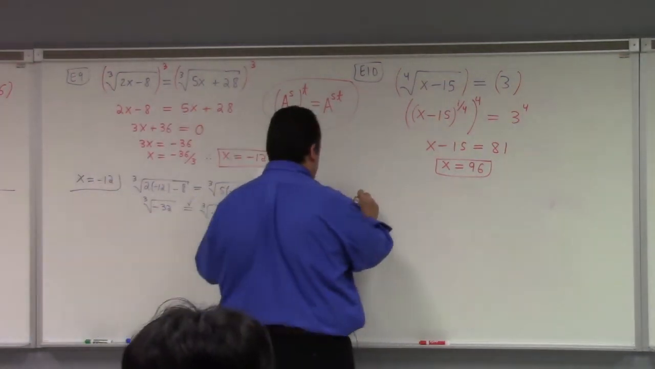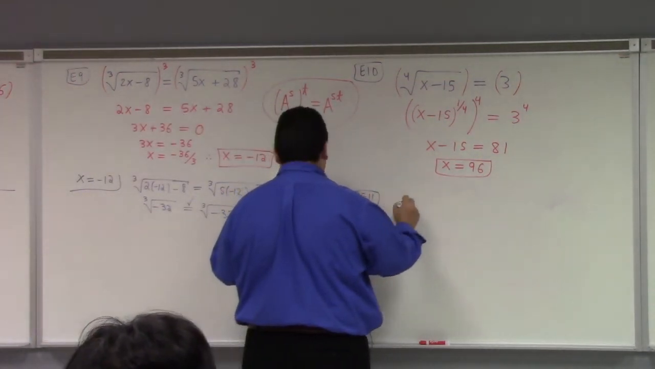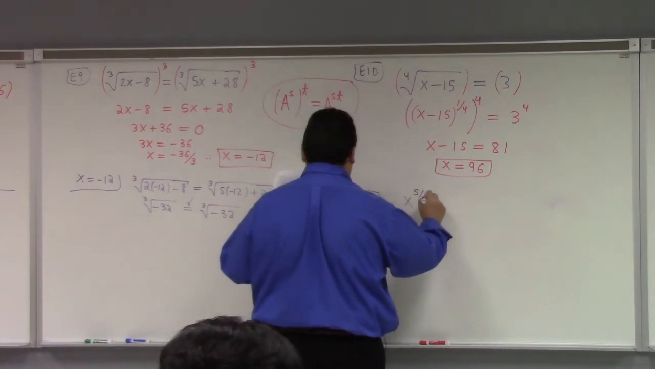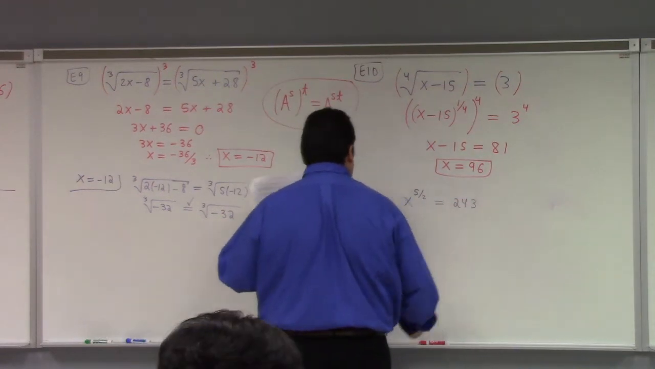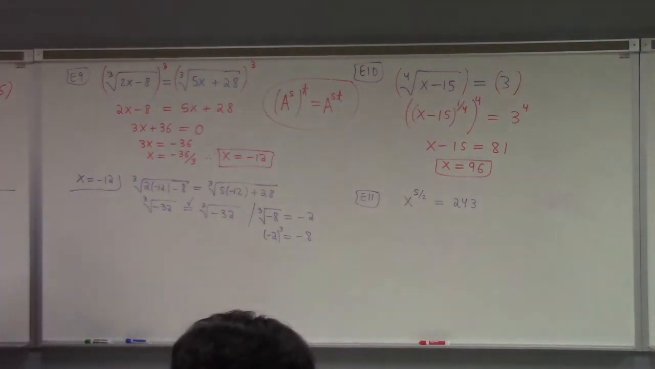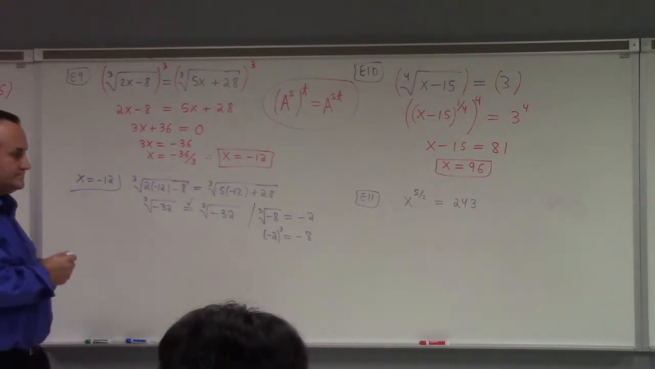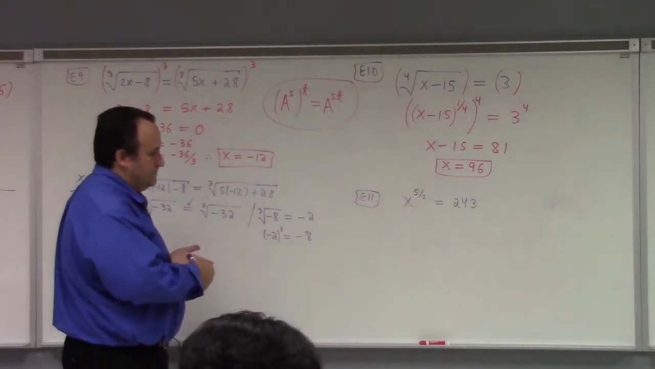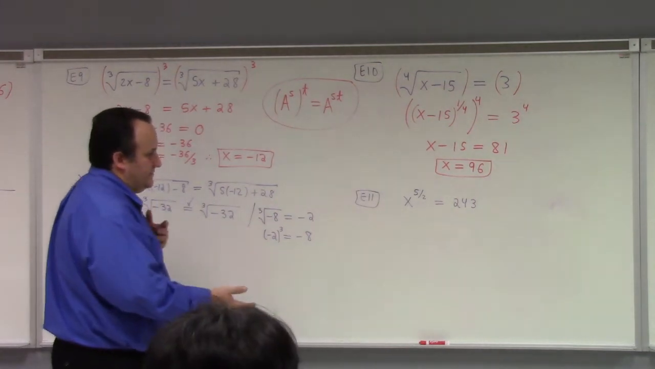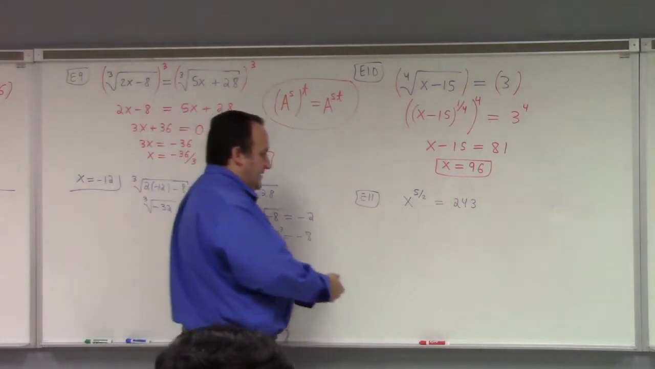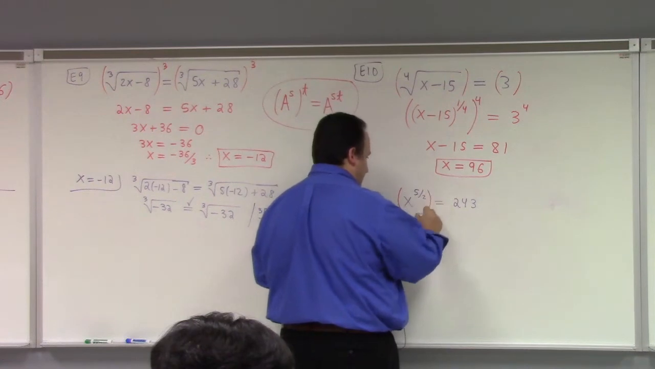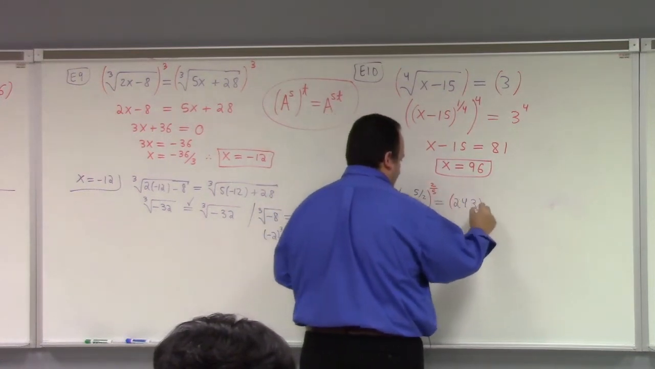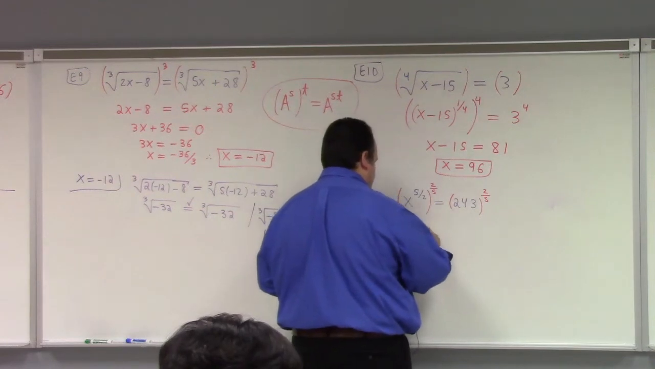Example 11. Here we have x to the 5/2 power equals 243. How do we handle this one? So here you want to undo the 5/2 power. The natural enemy of the 5/2 power is the 2/5 power. So I raise both sides to the 2/5 power, which gives me x equals